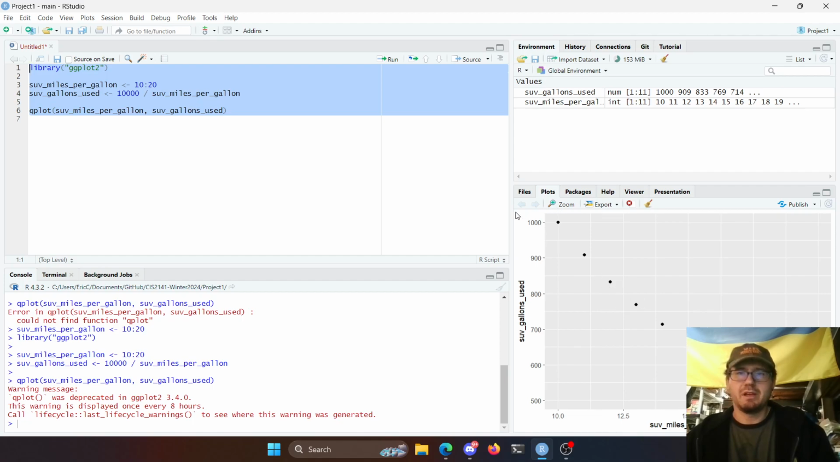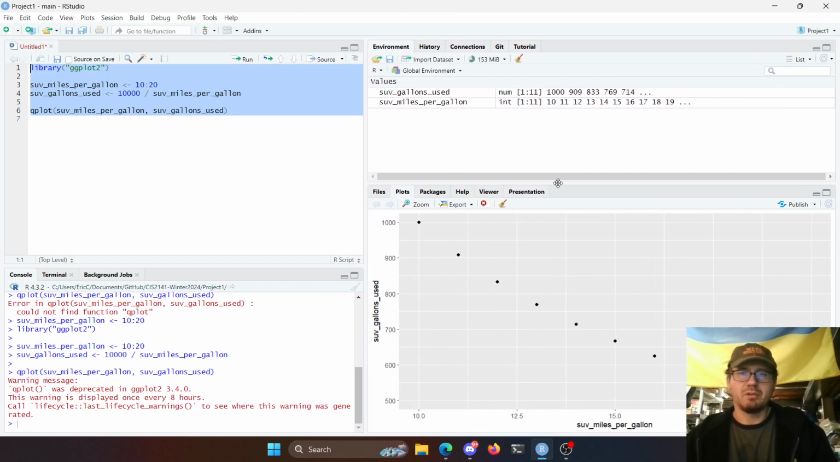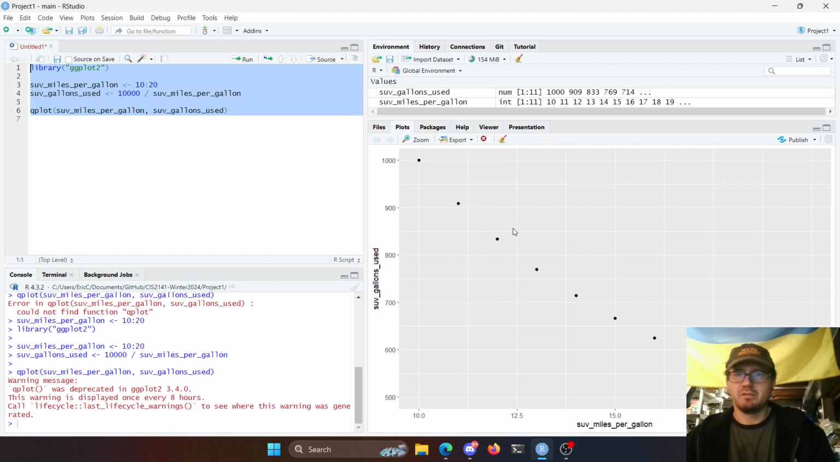So my little plot here, let's see, I can make this a little bit bigger. It's kind of pretty here. Whoa, that stretched out a little bit weird, but that's okay. Again, we can tweak some of these things if we want to. So we go from using 1,000 gallons of gas per SUV per year to 500 gallons of gas per SUV